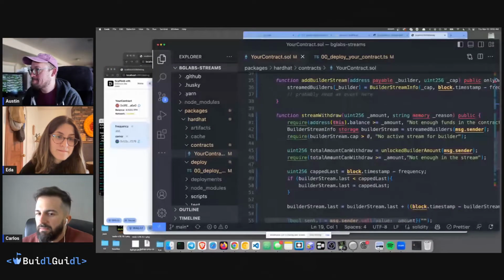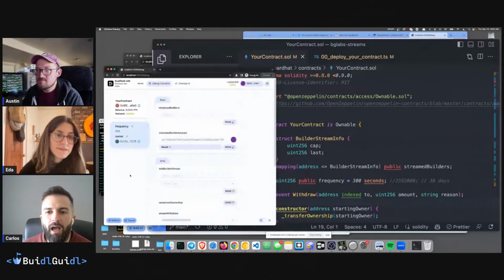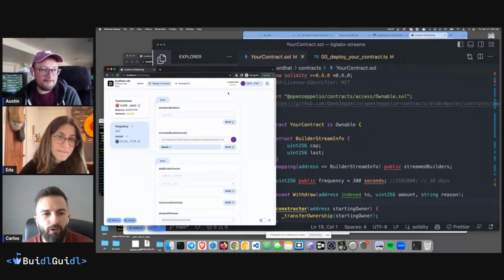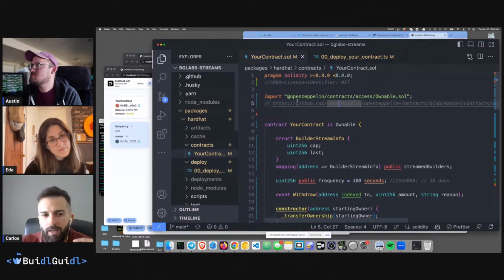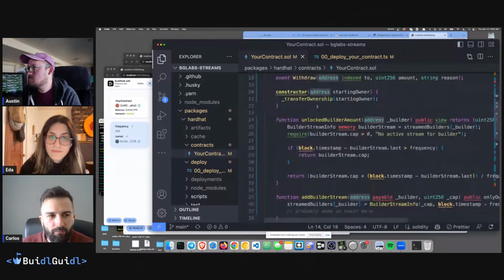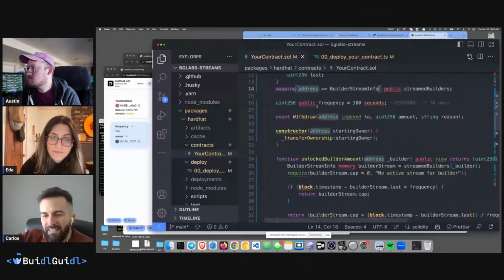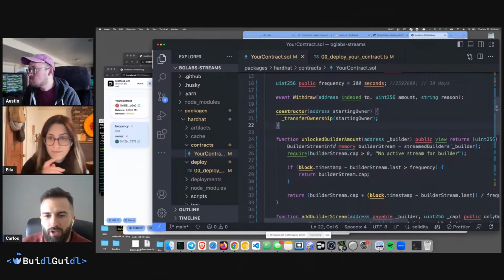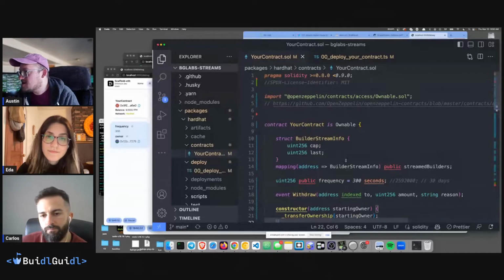But maybe we can tinker with the UI a little bit and start building a little UI that interacts with this contract with our own UI. Because here on the debug page, we are using the built-in debug contract component in Scaffold-Eth 2, which is super convenient because you can make a change on the contract and then boom, the UI changes. But you usually want to use your custom fancy UI. So maybe we can start working on that. Maybe just a little thing, and maybe the next day we can keep building that UI. But for now, maybe we can just have some little interaction to the contract. Yeah, sounds good.